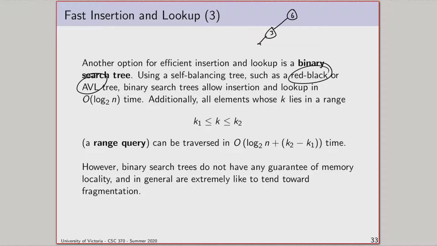So there's 6 and 3, and then there's 1, and there's 2, and there's 4. This isn't perfectly balanced, but it would meet the criteria, I think, to be AVL. So then there's 10, and there's 9, and then there's